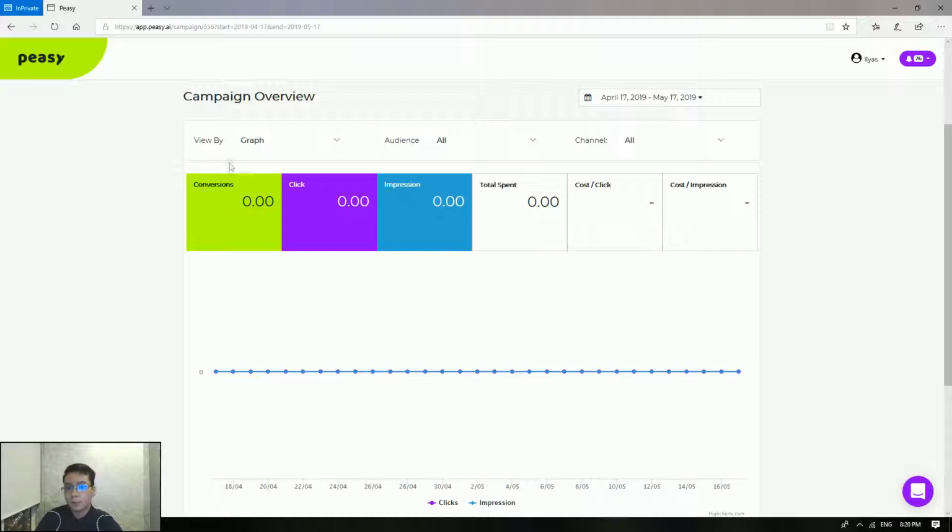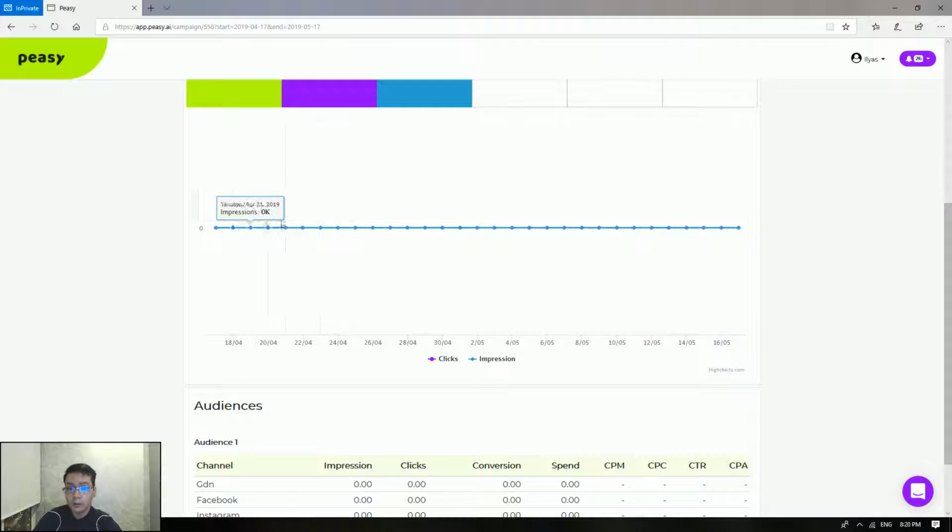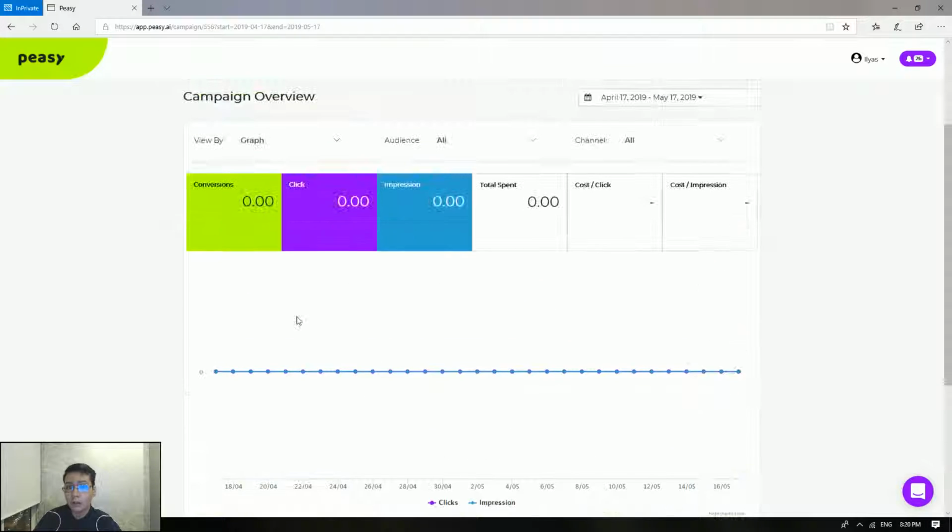So let's begin with how you like to view your report. There are two ways you can look at your report as of now on Peasy. One is you can take a look at it as a graph. This will show the movement of your campaign on a day-to-day basis. The other is that you can look at it